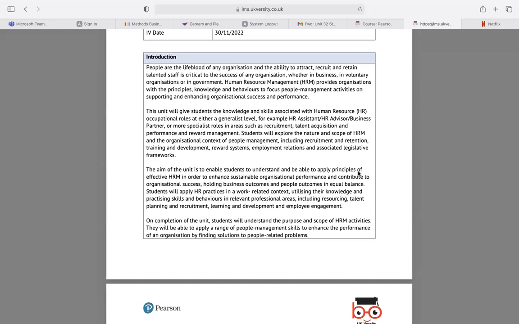Even if you're having a fever, you need to come in and push through and work because there's a lot of workload. So that's the difference between a best practice, whereas practices are what businesses adapt to. So an HR advisor is going to advise the business on the best things to do, whereas an HR business partner would be someone who is going to